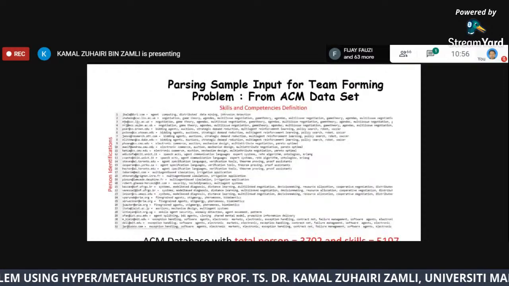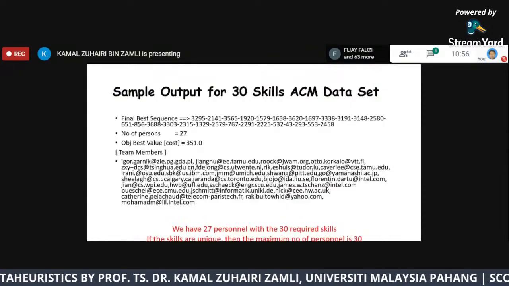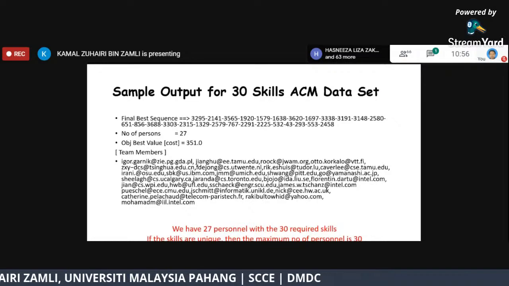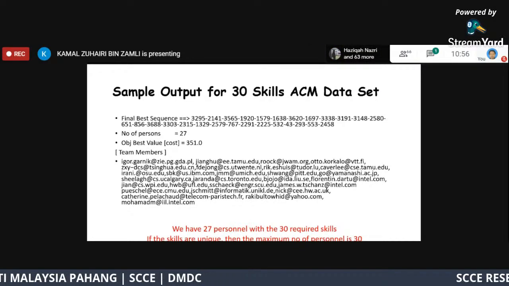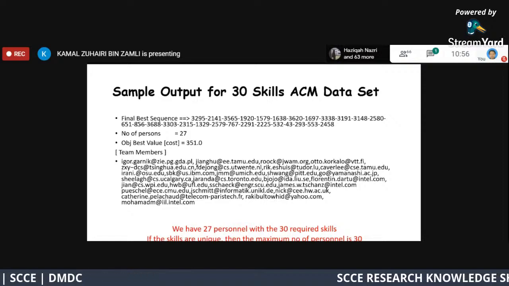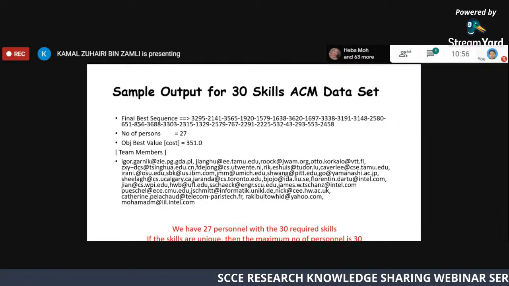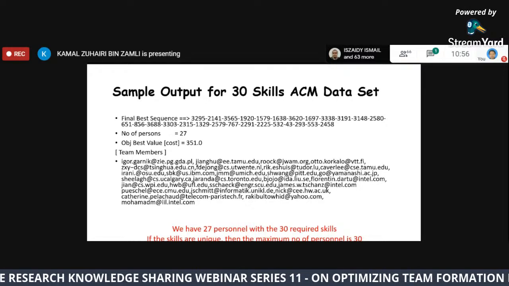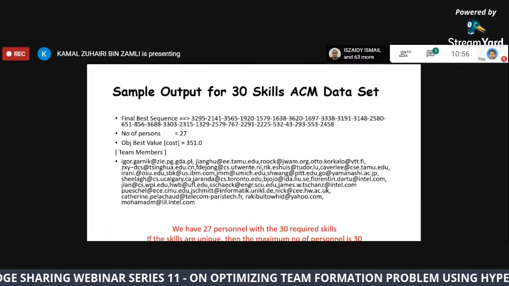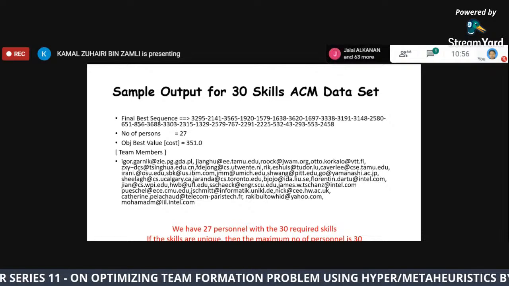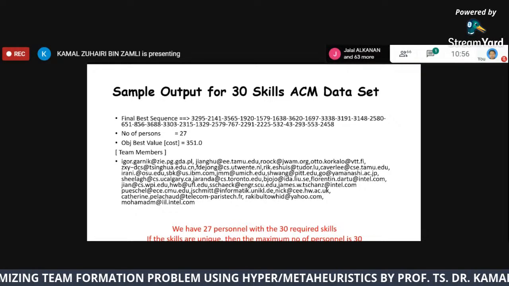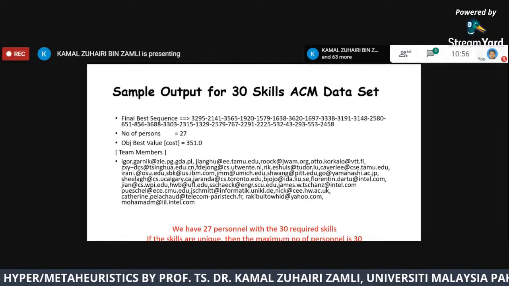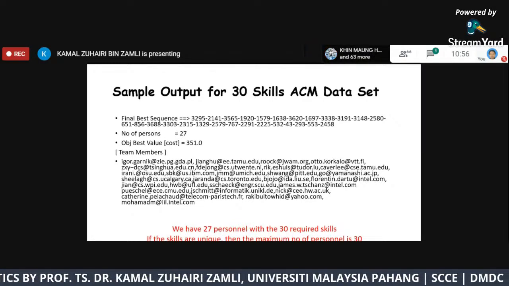So the question is, can I build a football team with this idea? The answer is yes. If you can define each individual's skills, you can build the team with the requirements that you want. You can even have seeding. For example, I want a certain player in the team regardless. You can define them, delete their skills from the required skills, and then find the rest of the other skills. If you look at politicians, for example,